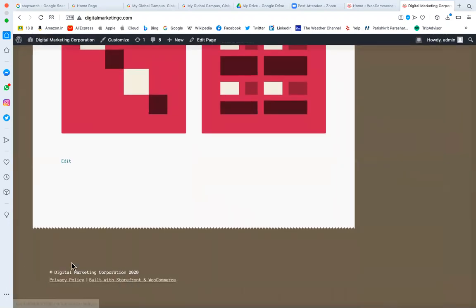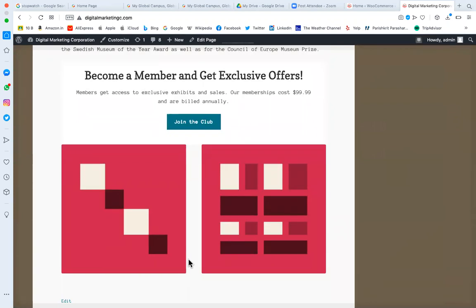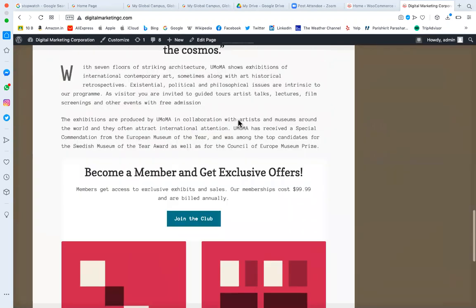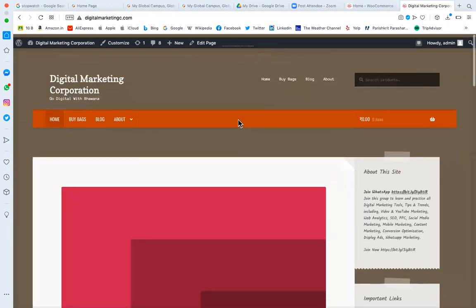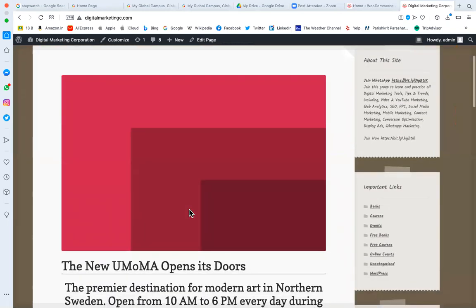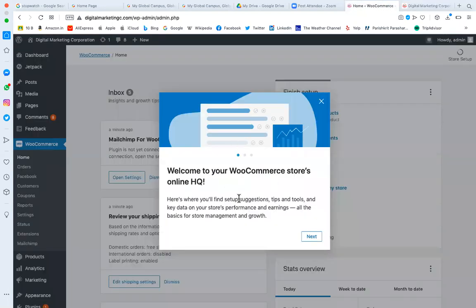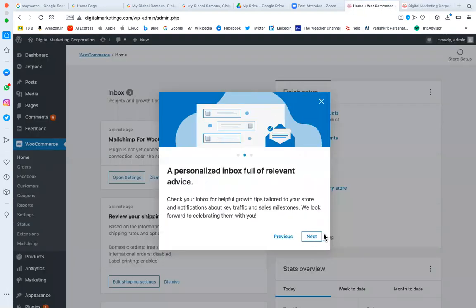In the footer section, the privacy policy is coming. This is a pro, I think. This way, as we change the theme, we can see that the look and feel has changed. So now we have to customize this as per our requirement. So let's come back here and customize this.